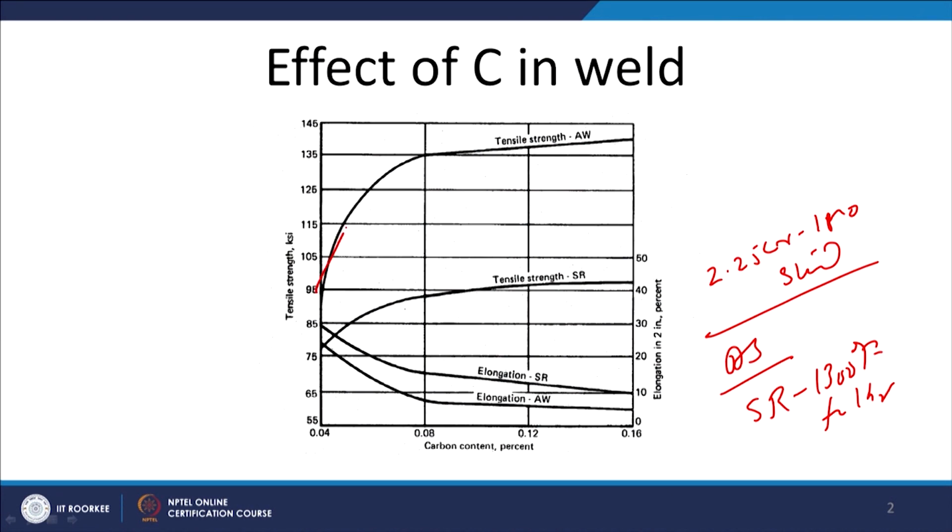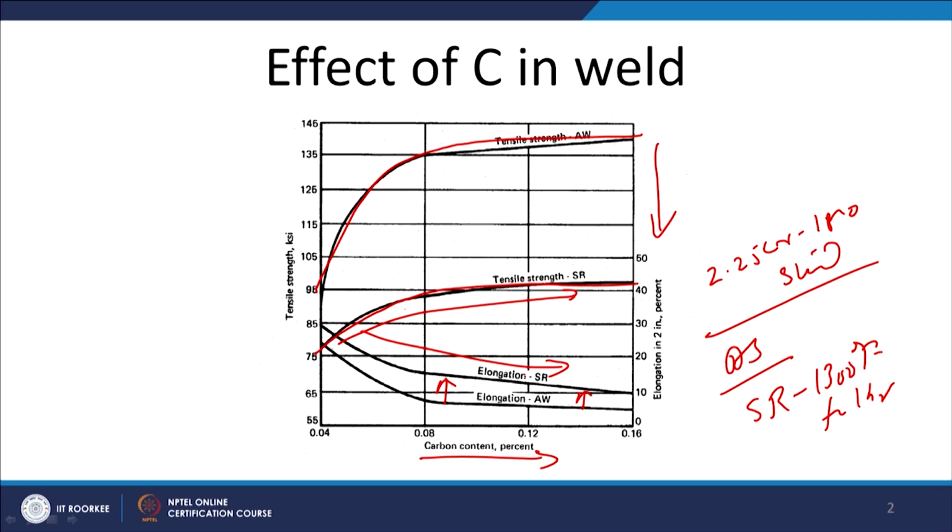So, what it shows is a significant increase in the tensile strength in the as welded condition, but the tensile strength in the stress relieved condition drops significantly. So, a more significant drop in the tensile strength takes place as compared to the kind of benefit that we get in terms of the ductility. This is the kind of improvement in ductility which is observed with the stress relieving treatment, but in both the cases, whether it is in a stress relieved condition or in as welded condition, with the increase of carbon content, we are getting an increase in tensile strength and a reduction in the elongation or reduction in the ductility of the weldment.